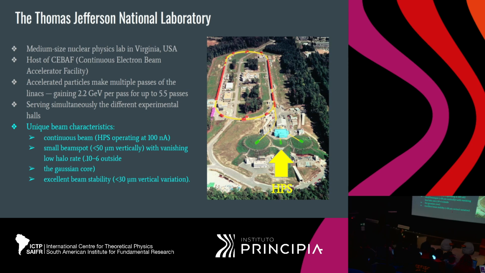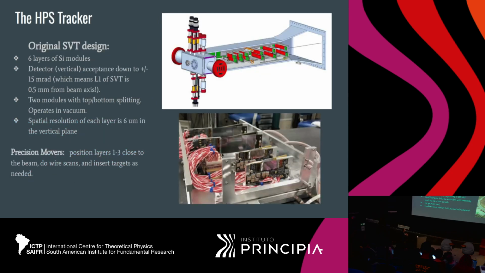I'm talking about a vertical position, which is the one interesting for HPS. And the reason is because the tracking system of HPS has to detect very low angles, which are the aperture angles of the two electron and positron emitted by the dark photon decay. And since this angle, due to the masses and the energies in play, is very low,